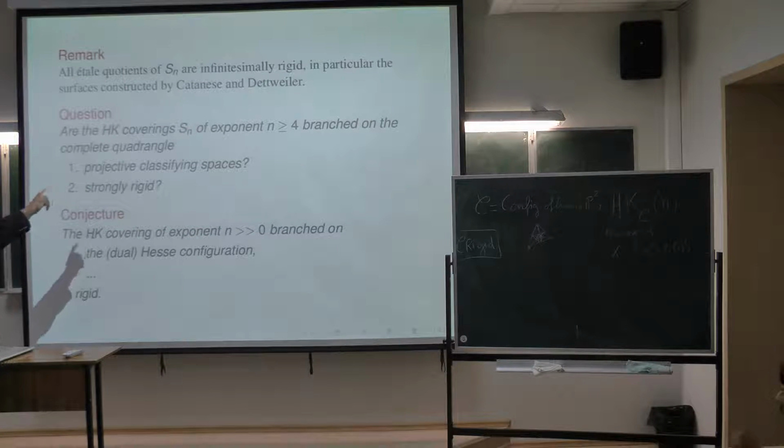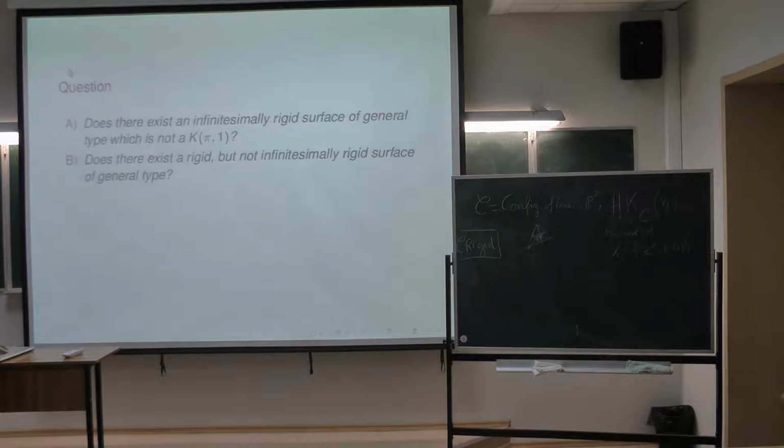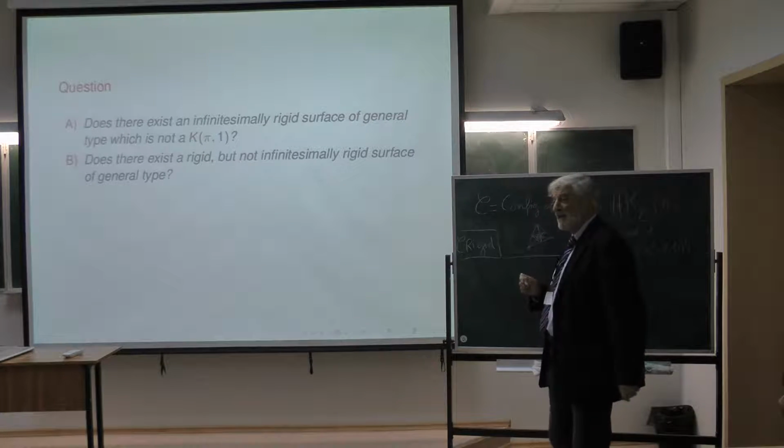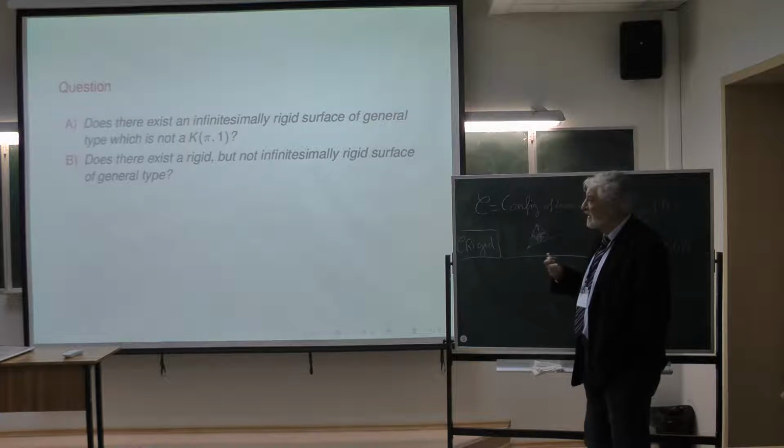So there are these questions: when is S a projective classifying space? Strong rigidity in the case of the complete quadrangle. And then, more generally, there are some questions concerning rigidity. Can one find an infinitesimally rigid surface of general type which is not a projective classifying space? Because I want to talk about too many things and maybe I won't make it, one example could